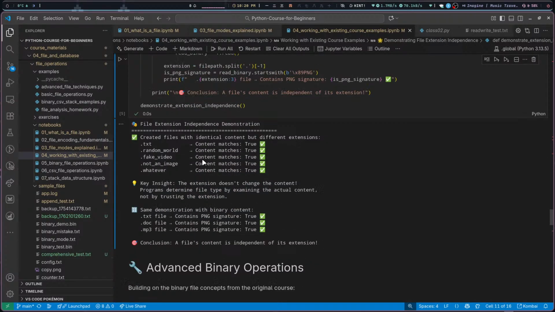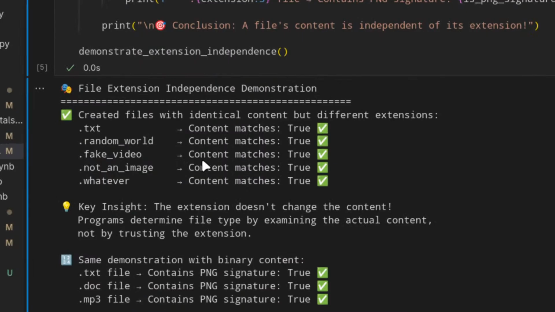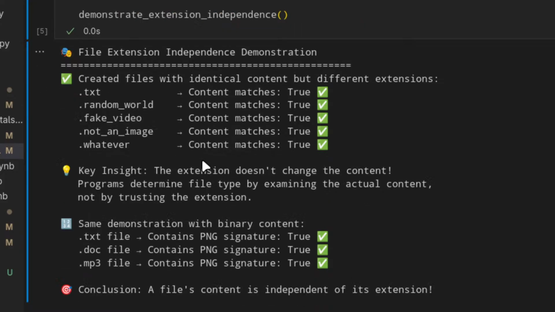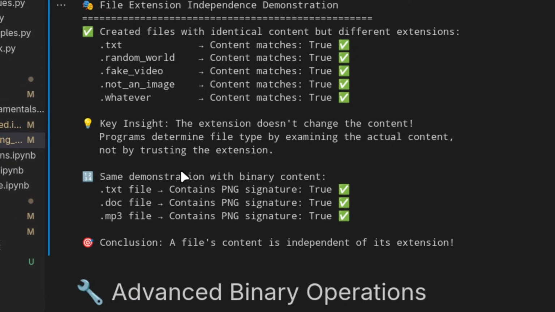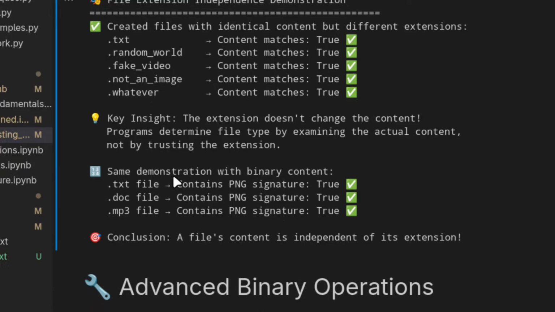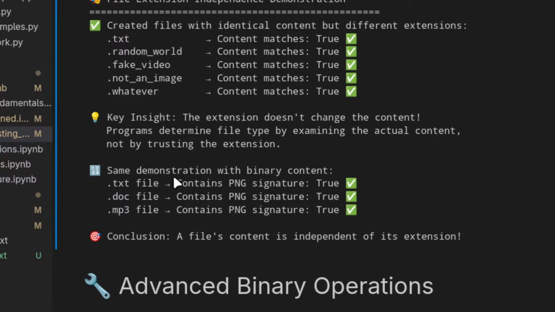See, we created files with identical contents, even though they have extensions like .text, .random word, .fake video, not an image. Whatever, it really doesn't make any sense. Any extension that you have won't make much sense, but still you can see that the content inside those files matched. Now you will see that you can do this same thing with binary files as well. The signature will